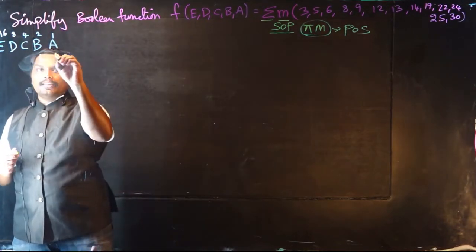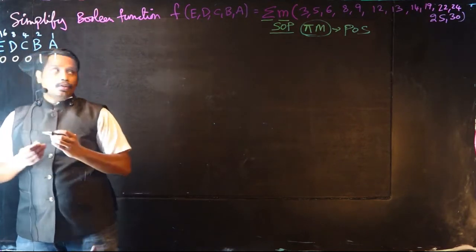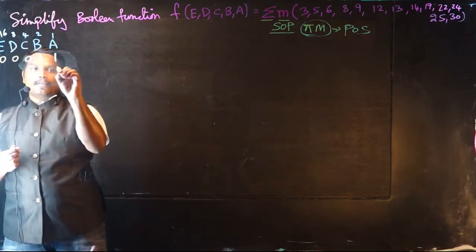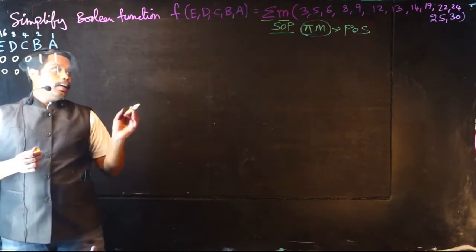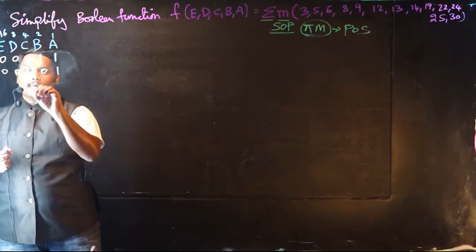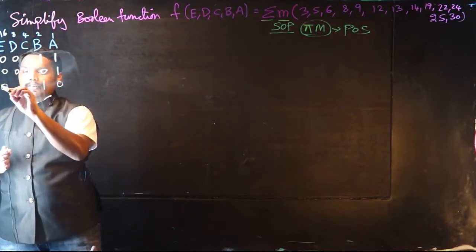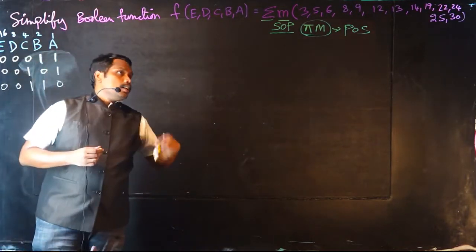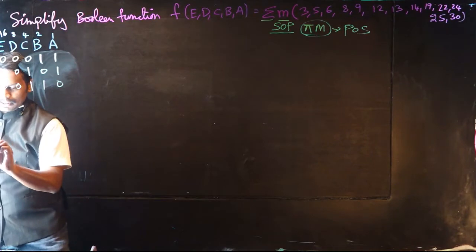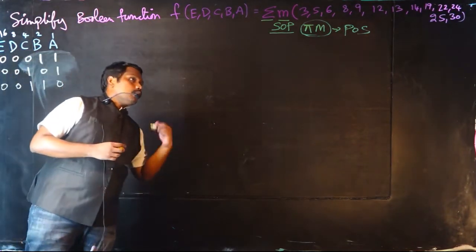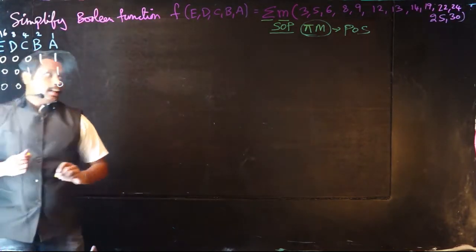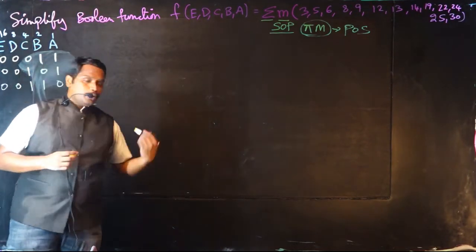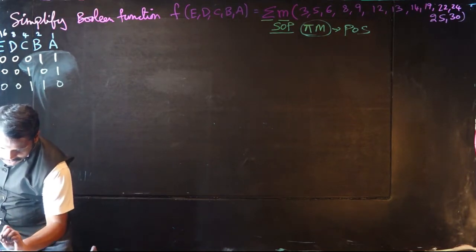So you can have 1, 1 and 0, 0, 0. And then for 5 it is 1, 0, 1, 0, 0, 0. And for 6 it is 4 and 2, so 1, 1, and the other positions are 0, 0. And then for 8 and 9 and 12, 13, 14 and 19, and then 22, 24, 25 and 30. So these are the terms that are given, right?